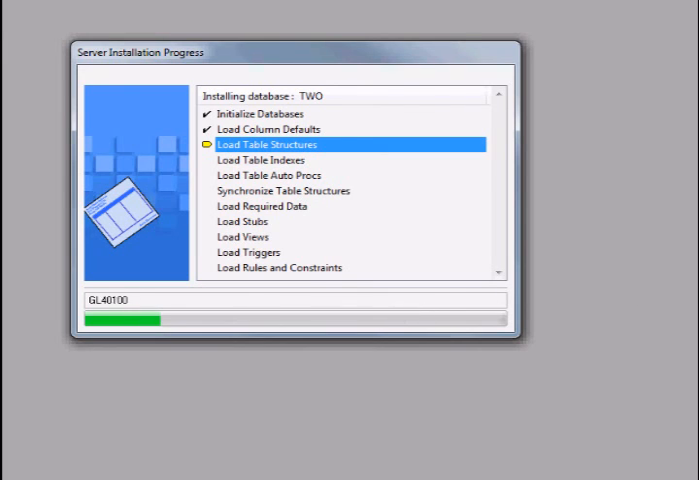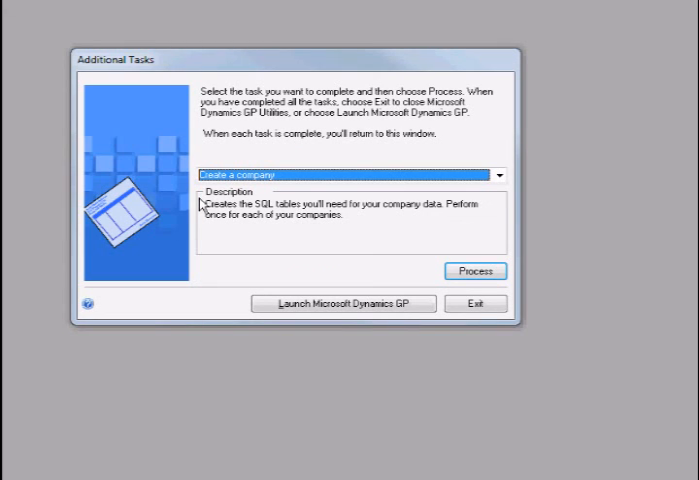Again, this process, depending on the speed of the server that you're working on, may take a few minutes. If it appears to stall, just let it keep running. Next, we can create the company that you're going to be using for your own purposes. So create